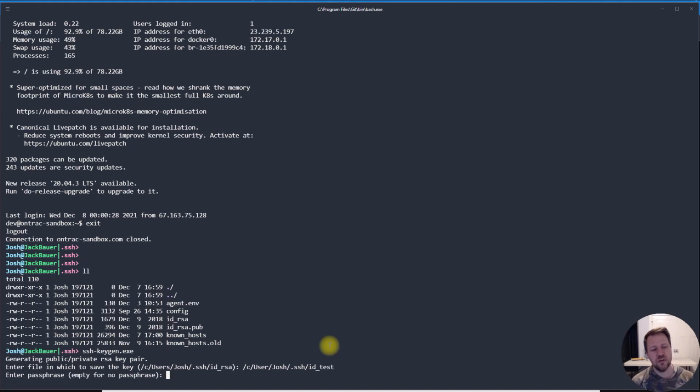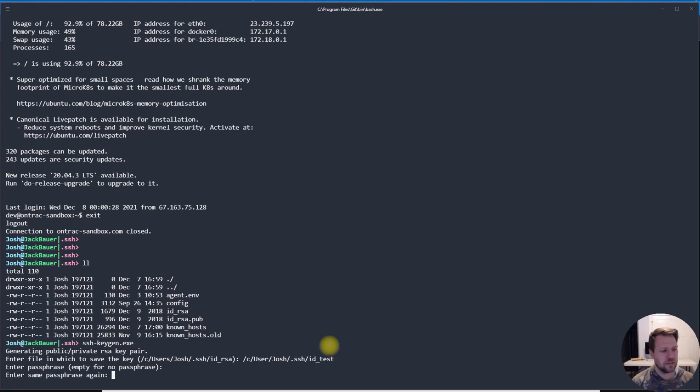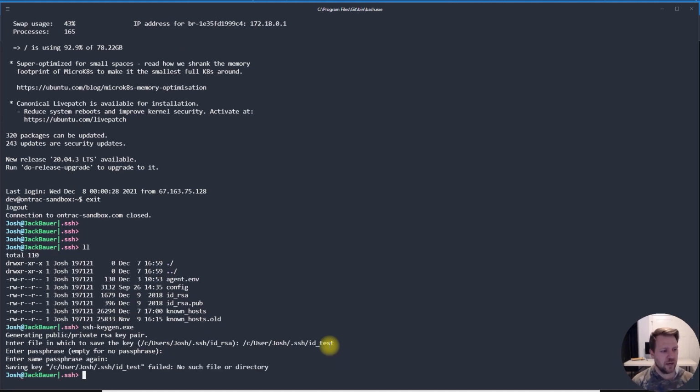So now you can use a passphrase so that if you ever go to use this public or private pair, you'd have to type in that password first of all before using it. And that's another security method that you could use so that other people who actually steal your file would also have to know a password that you have in your head. So it's a good practice to do it. We're not going to do it here right now, but then you have to type it in again, and